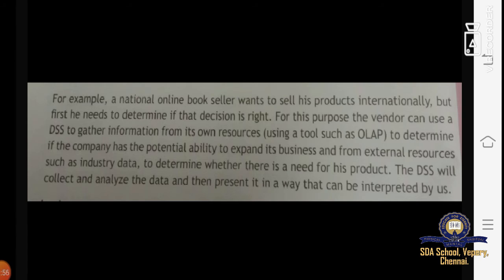The DSS will collect and analyze the data and then present it in a way that can be interpreted by us. First we need to enter the data, we need to check that, and then we have to analyze that data. Then we have to present it to the people, whomever we have to do that.